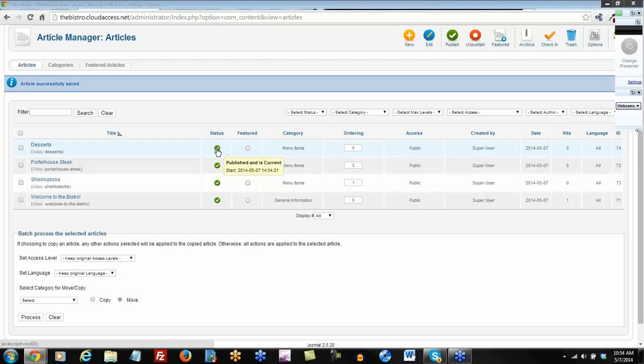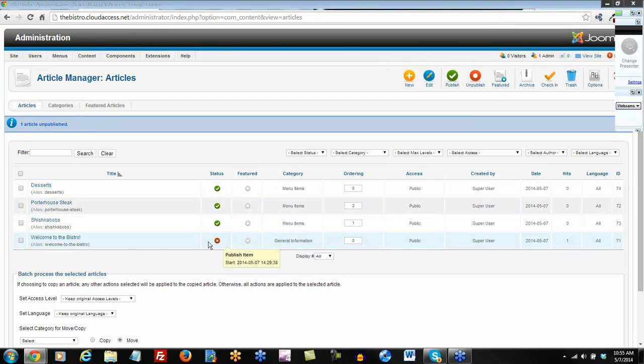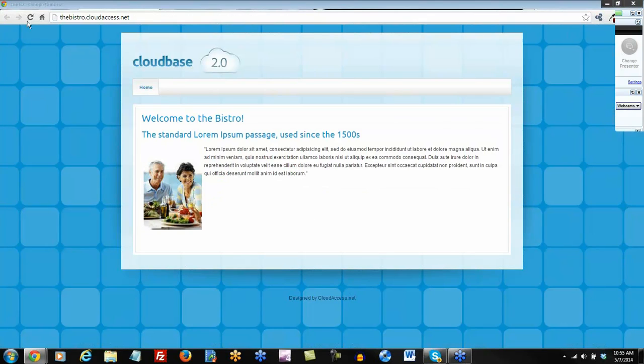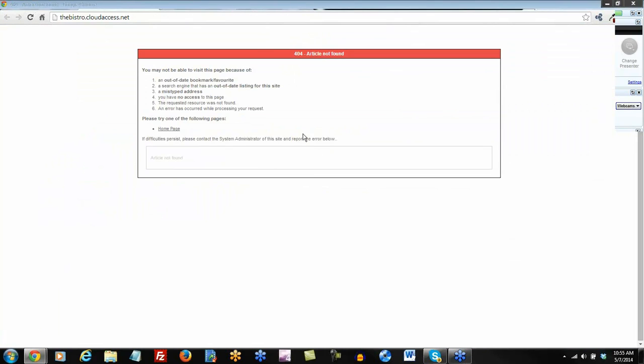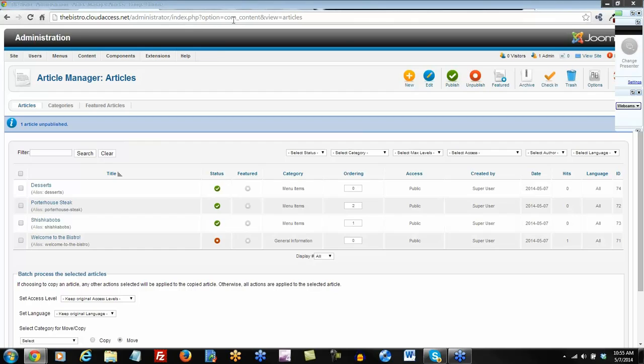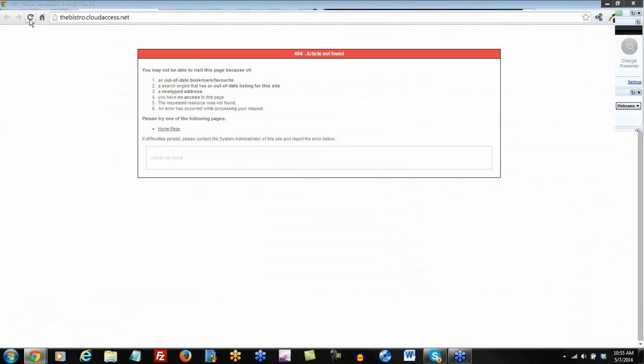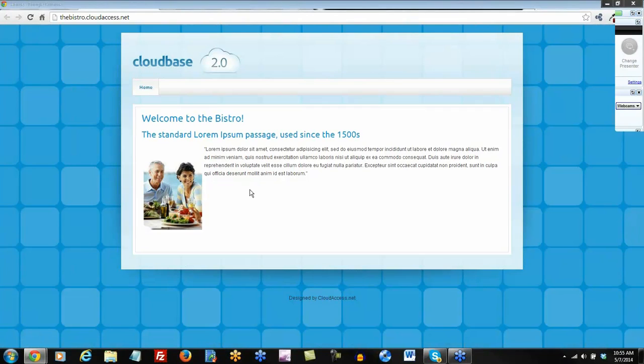Notice here too how you get the status, and all of these articles are published. You can click on this. For instance, let's unpublish the Welcome to the Bistro. It's an unpublished article now. If we return to our home page and refresh, we're going to receive the 404 article not found. That's because we unpublished the article, and so nothing's really showing up on our page. And if you ever receive that 404, it's a common error. You're going to want to retrace your steps and make sure everything's published and linked together correctly. So let's republish and refresh, and we get our Bistro article